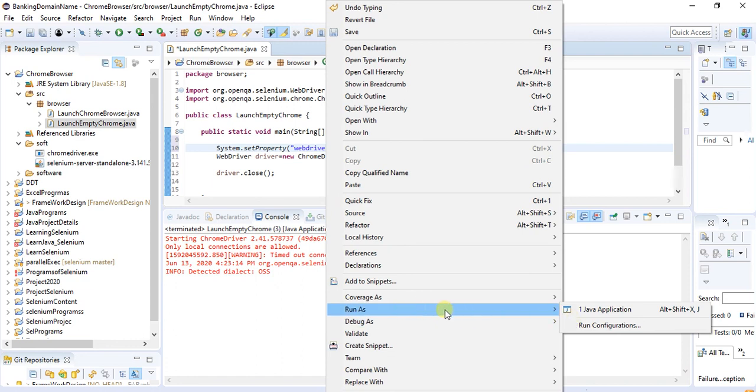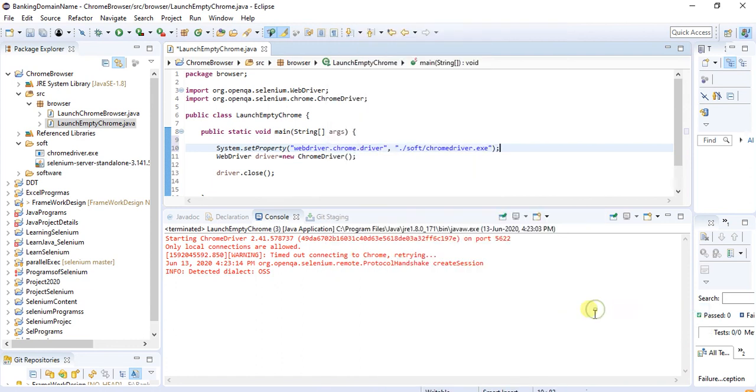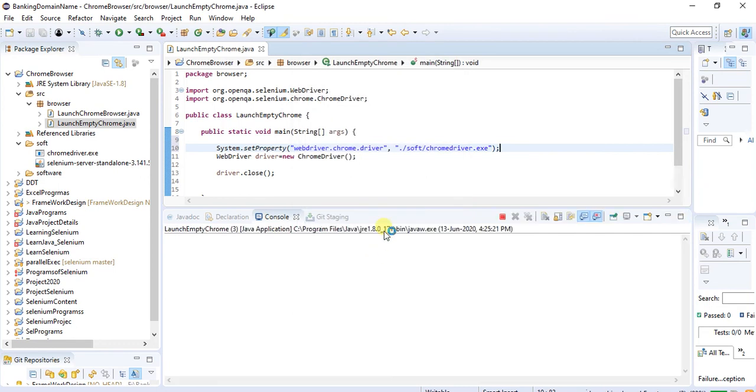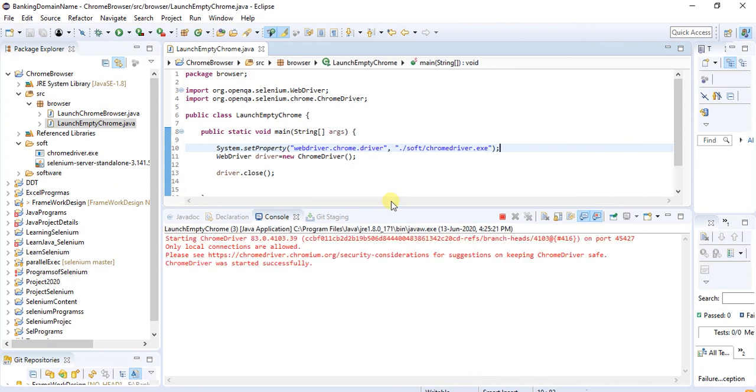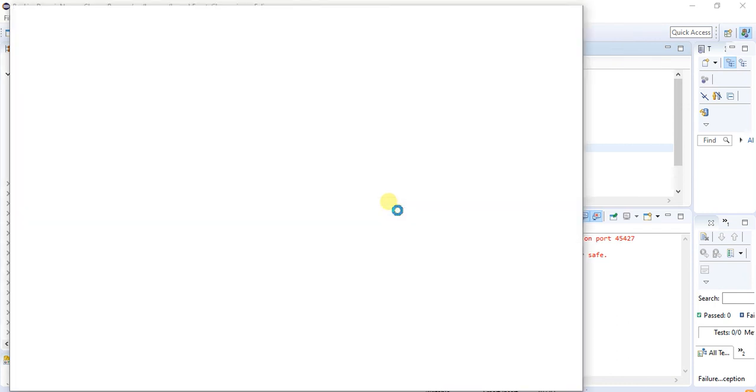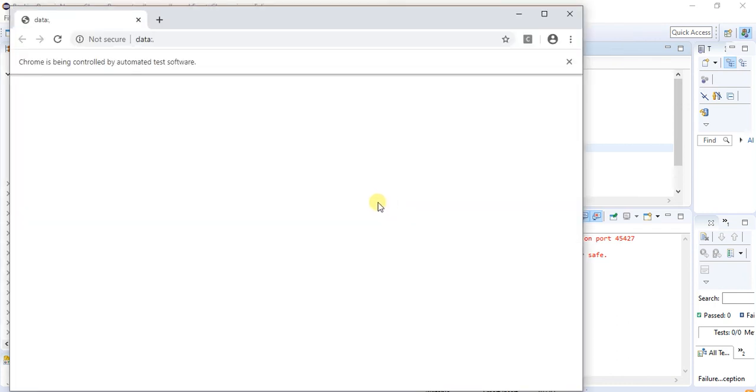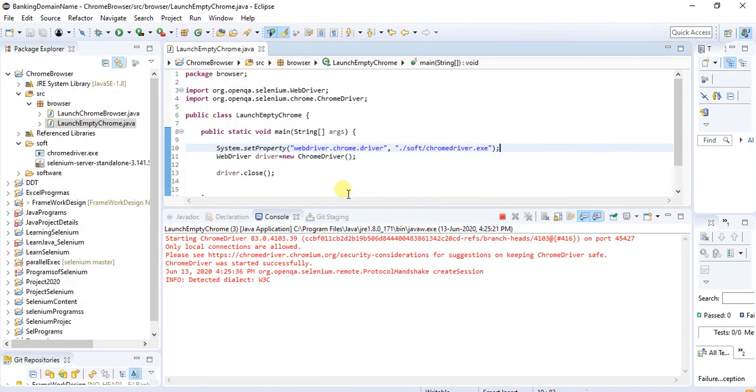Right click on run as Java application and click on OK. It has launched. The empty browser is launched and it has closed.